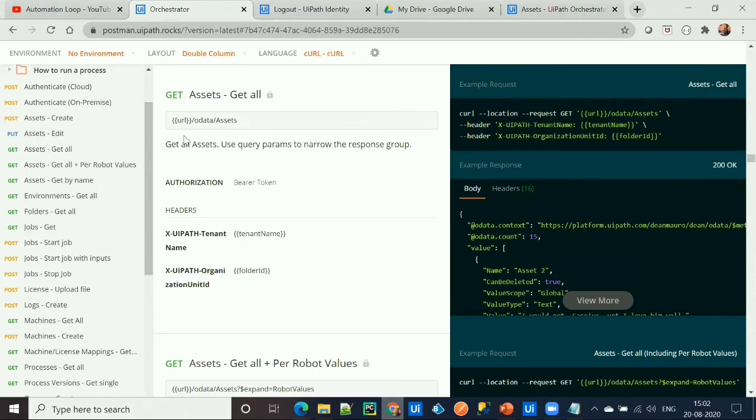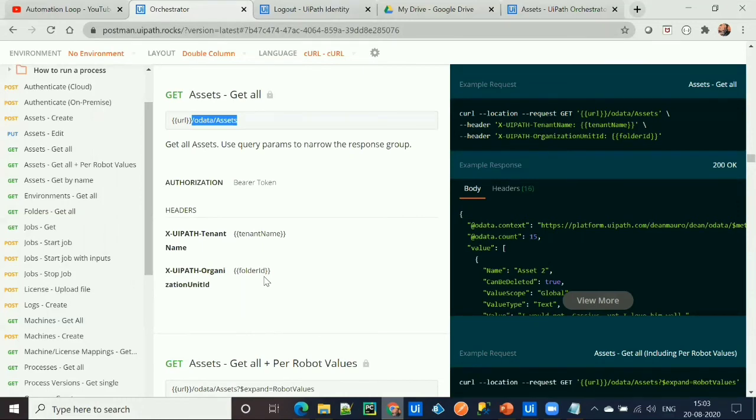So this endpoint will provide all the assets available to us. The HTTP method for this API call will be get, and this will be our relative endpoint. We don't need to provide any bearer token for authorization, or any tenant name or folder ID, as our orchestrator is already connected to our robot. So it will automatically fetch the respective details.